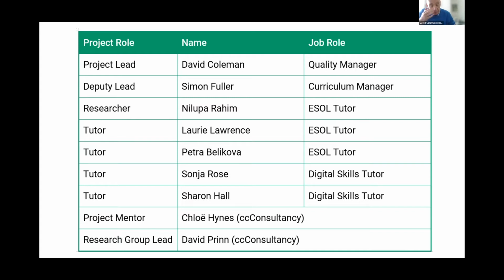So just to give you a quick summary of what we started off with. Originally, similar to our colleagues in Barnsley, we identified our ESOL learners were struggling to get onto digital skills and the essential digital skills, and also accessing other courses. But also, we identified it may not have been the level of the digital skills they couldn't do. It was the language of delivery that really affected it more than the learners, because a lot of our ESOL learners have very good digital skills. The problem that we had is how do you explain that through the lesson?